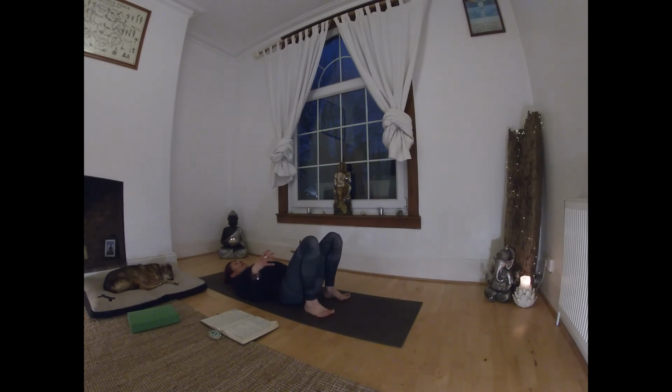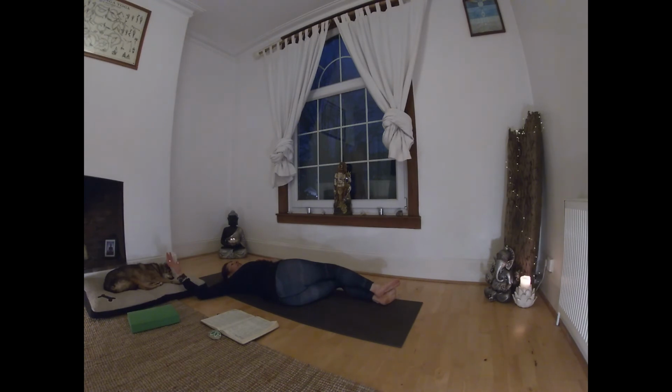We'll finish with a twist here. So move the hips over to the right and bring your knees over to the left. If you take your knees maybe a bit lower than you normally would for your twist, usually we're up in line with the pelvis, maybe be a little below there, so the twist is more in the middle of the body than in the chest, and just taking the legs a little bit further down changes where we feel the emphasis of the twist. With the knees way up here, it's more in the very upper, the thoracic spine, the